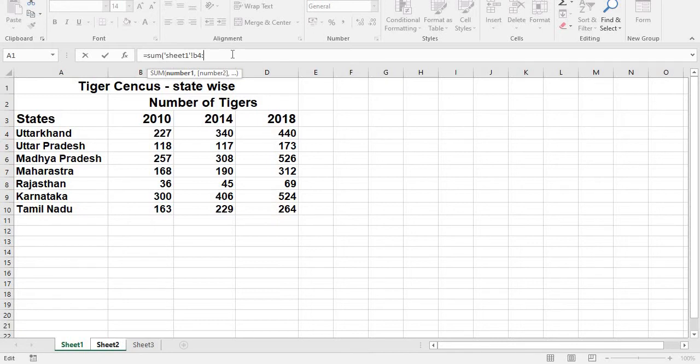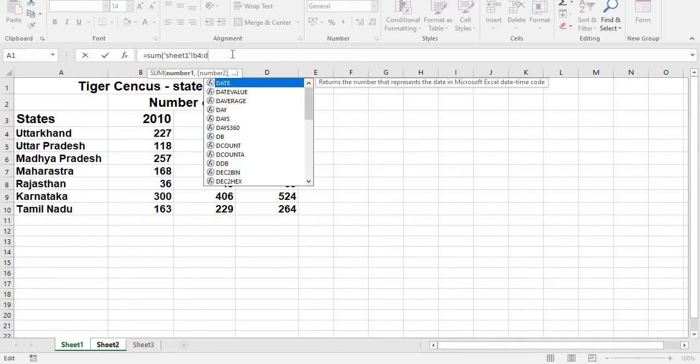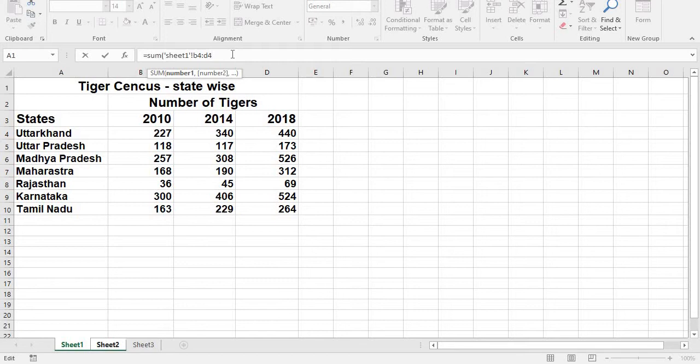From here to there, this onwards to that onwards. Okay, from here to there, D4. Now I am closing this bracket, and now I am clicking on the Enter button.